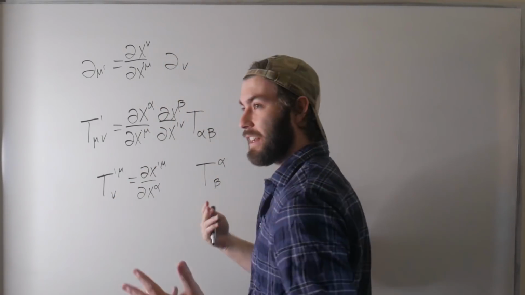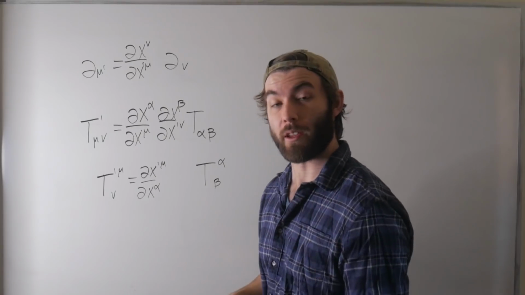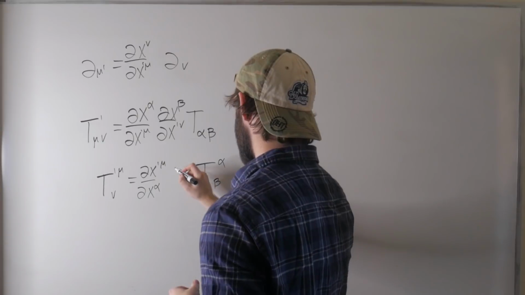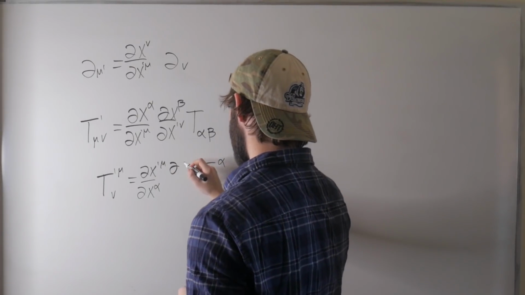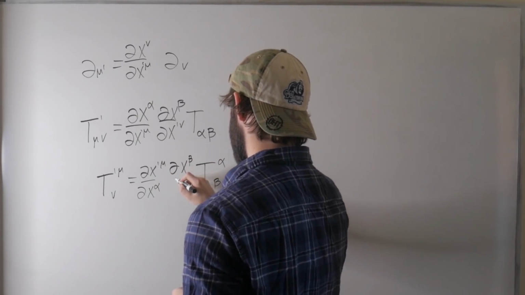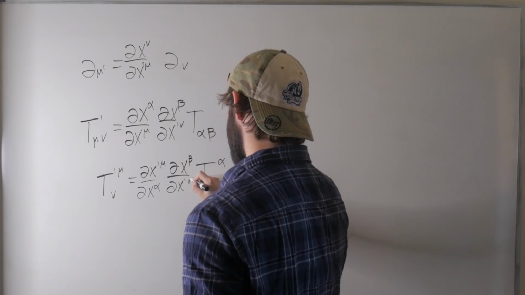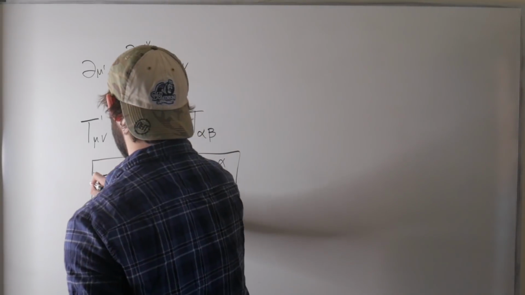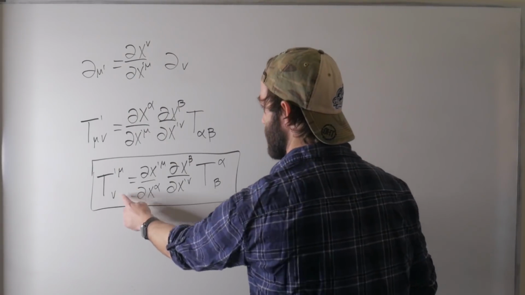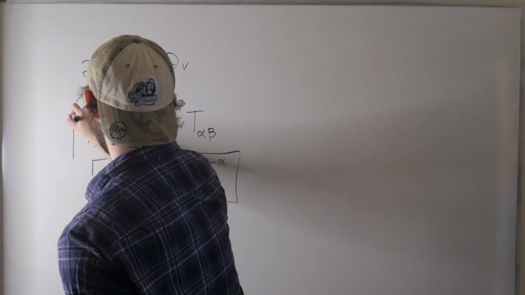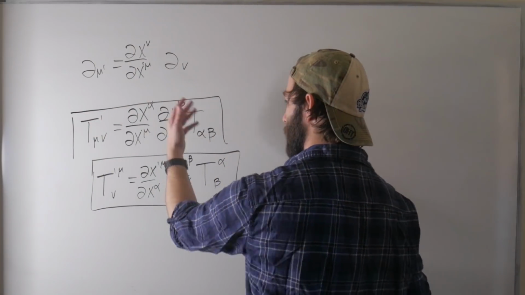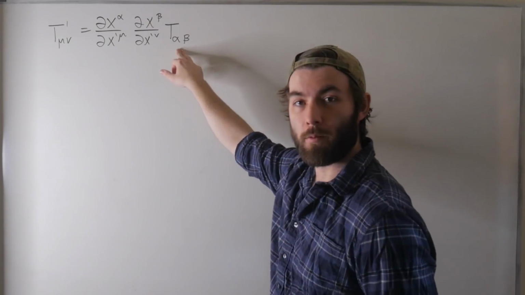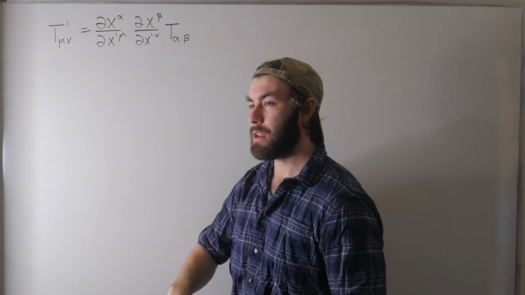I'm sorry if me explaining it is getting a little bit monotonous. It's just really important to understand where you sum over when you need to sum over. So we have, for the beta, this should be upstairs, dx prime nu. There we have it. So now we have the transformation rule for a second rank mixed tensor and a second rank tensor with downstairs indices. Cut off the alpha. Awesome. So now that we know how second rank tensors with downstairs indices transform, we have all the tools we